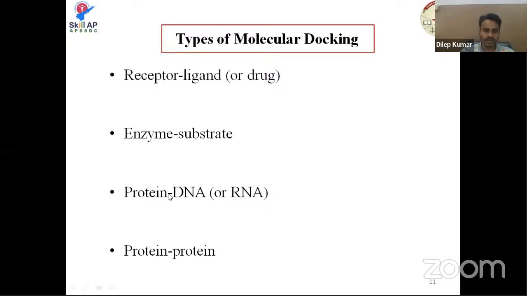Similarly, we also see protein-DNA interactions or protein-RNA interactions. You know that DNA is associated with proteins. We call them nucleoproteins, and the association of the nucleoproteins can also be determined by using this. How they interact can be determined by using this molecular diagnostic. We will also perform protein-protein docking. There are cases where two proteins in the physiological system combine, and understanding all these types of interactions,